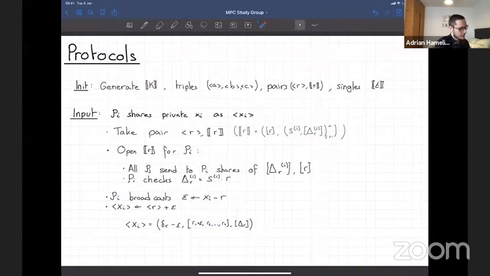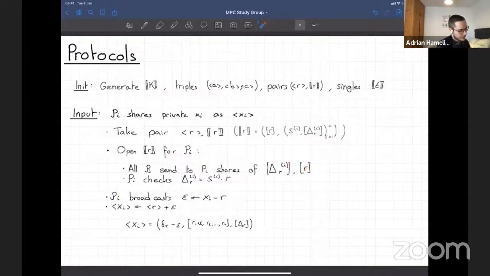The first protocol you're going to need is to convert private shares into these angle sharings. So you're going to take a random pair R, and you're going to open R, but only for Pi. For that to happen, each other party is going to send to Pi Pj's share of this and this, so that Pi is going to be reconstructing this value and this one.